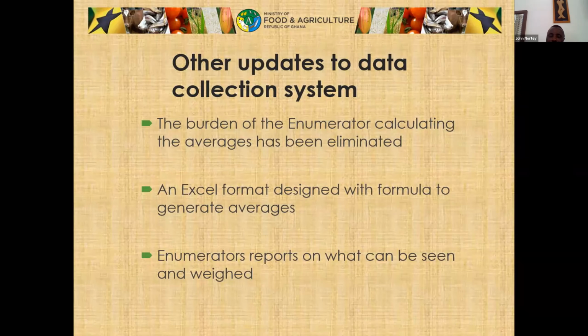So we came up with the concept that they must weigh what is weighable, because for some of the commodities reported, the unit of measure is bags. 100 kg is supposed to be the weight, but once again, we have different bags on the markets, and it's difficult for the enumerator to weigh them. So the concept is for them to find the smallest unit of measure and use that to weigh the commodity and take the price from the trader.